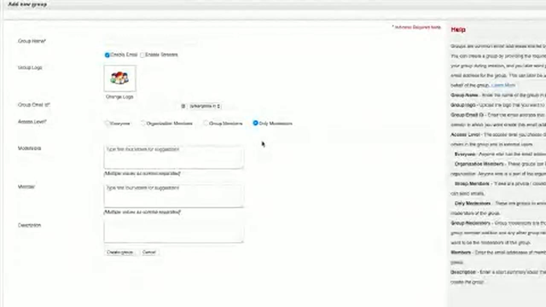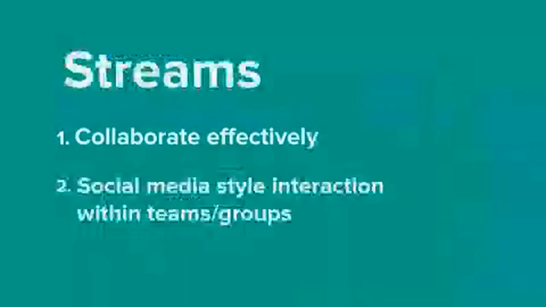This can be commonly used for purposes like team collaboration. Say you want a marketing group inside your organization. You can choose the group members option here, and only the members who are part of your marketing team will be able to send emails to this group email address.